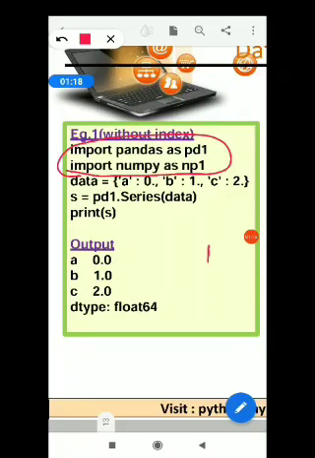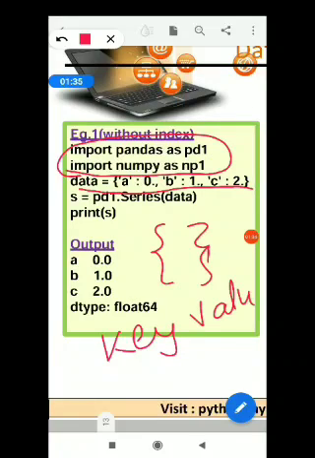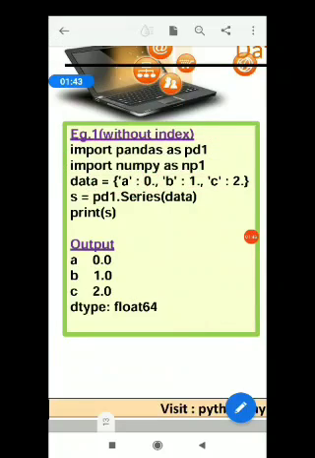So here we are first creating a dictionary data. How to create a dictionary? Just by using curly braces. Within the curly braces we write key value pairs. Keys are before the colon mark, and values are just beside it. So it is very easy to identify keys and values. This is key, this is value, and don't forget to write the colon symbol.